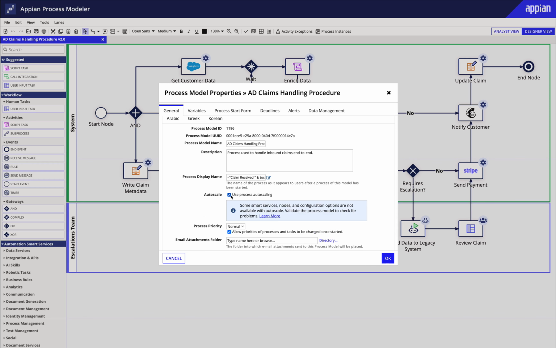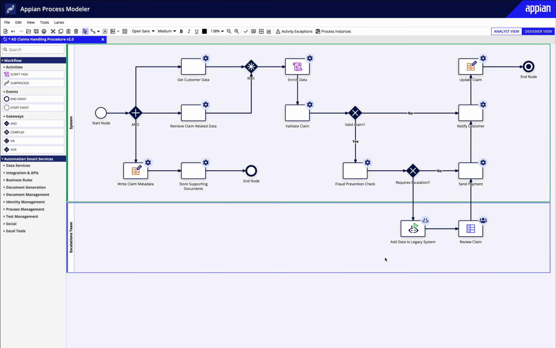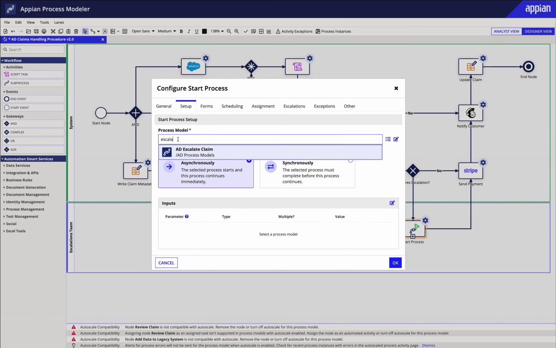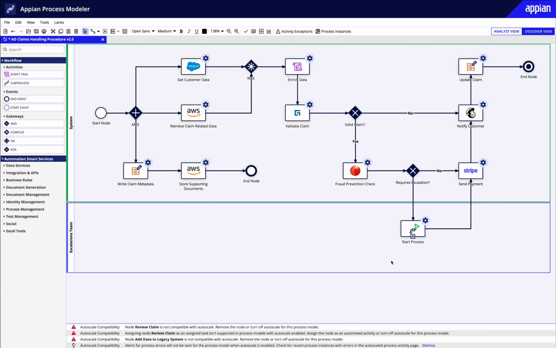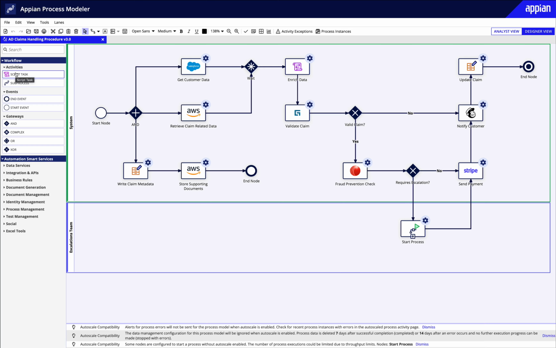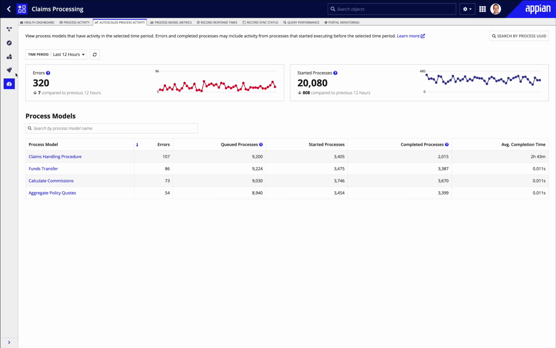Because Autoscale is targeting high-throughput automated processes, it's launching with a tailored set of nodes focused on automated processes. We're being alerted that we have an unsupported node type. Let's fix that. Over time, support for additional node types will be added. Because Autoscale is interoperable with the existing engine, I can route these exception flows back to the standard engine for human resolution. Autoscale processes are available in this new Autoscale Process Activity tab, which provides aggregate insights to help me track patterns in utilization and errors.